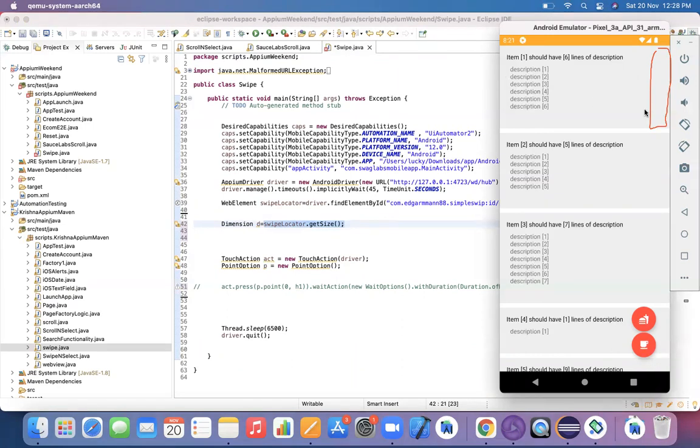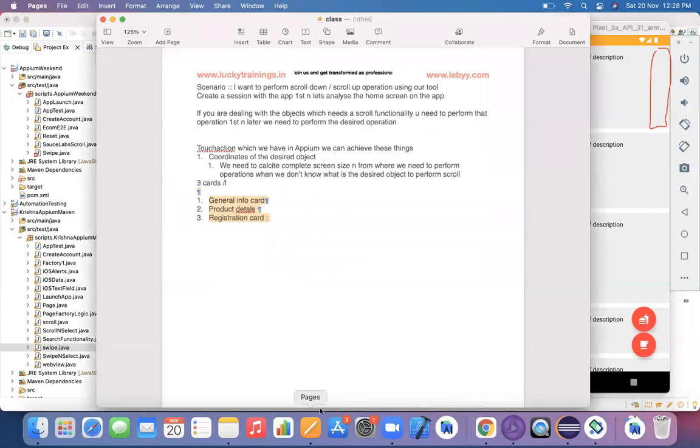So for the point option in the current situation, we need to specify that whatever my y coordinate is, it's not changing.